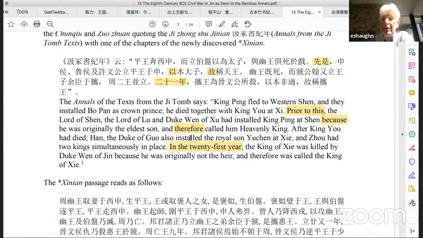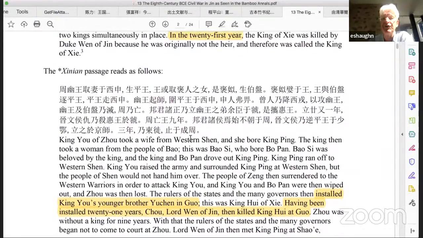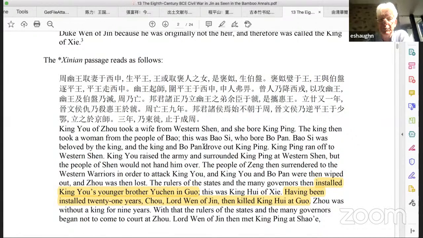And he compares this to a Xinian passage. And I'm not going to read the entire Xinian passage here for you. This is something that, since it was published in 2013, is very well known to people in the field. It recounts the death of King Yo, his love affair with Bao Si, who gives birth to a son named Buopan, and the king establishing Buopan as his taizi, as his heir, and then the killing of Yo Wang, and then the passage that we want to focus on